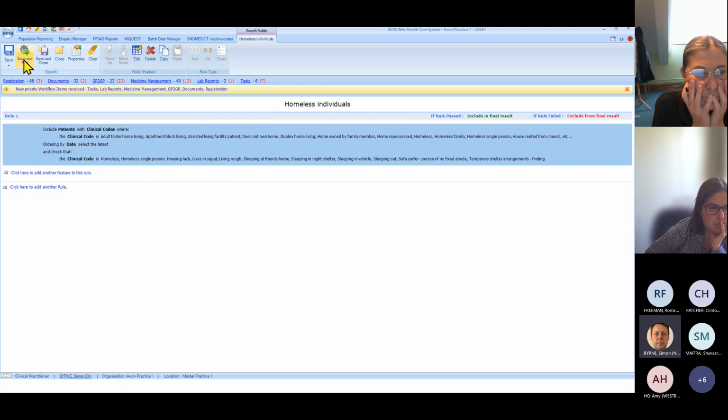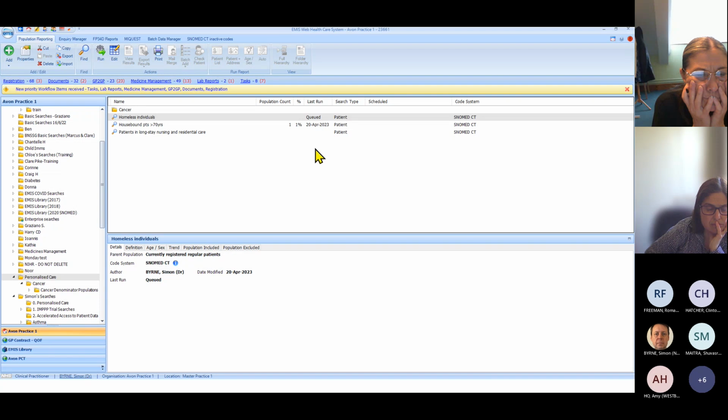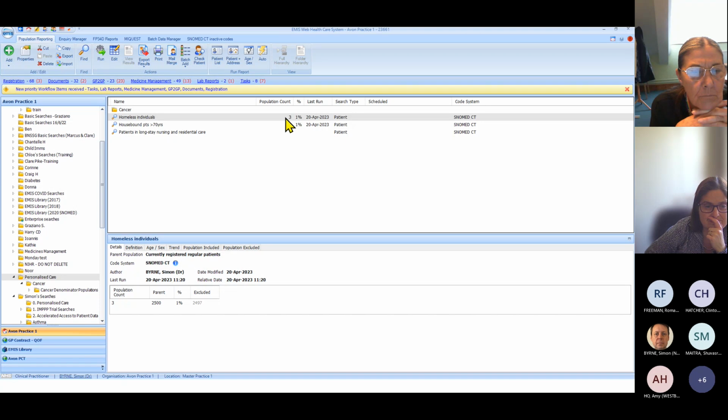And if I run this search, I can't guarantee that I've got any results on my dummy system, but again, I'll run the search and we'll see. Takes a little while to run, even on a dummy system. Still queuing. Okay, so currently on my system, I have 3 patients that meet the criteria. And again, once I've got that result, I can check